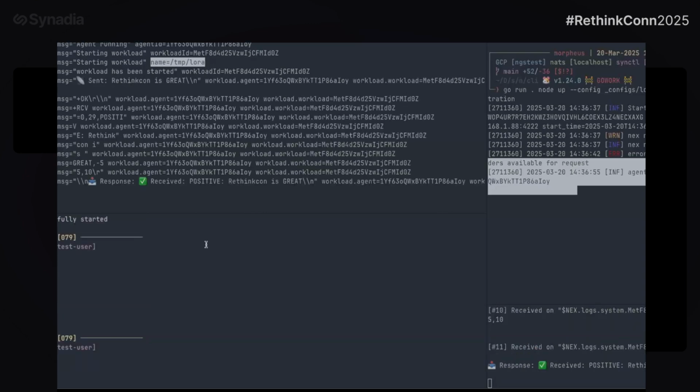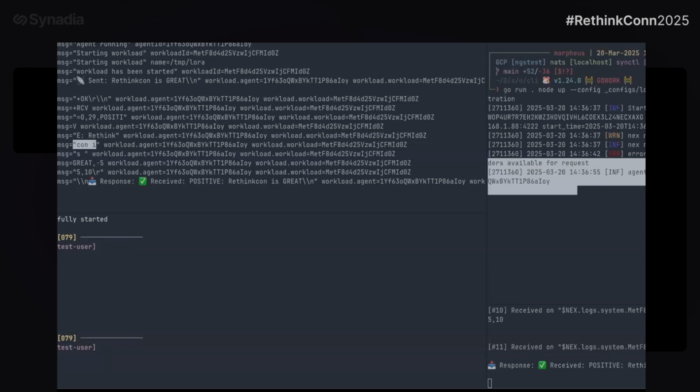You can see the messages coming in over the air. They come in chunks, so the agent puts them back together and then submits them. And then what we see, in under a second, is that Rethink con is great is a positive comment, and it was done via air-gapped sentiment analysis.